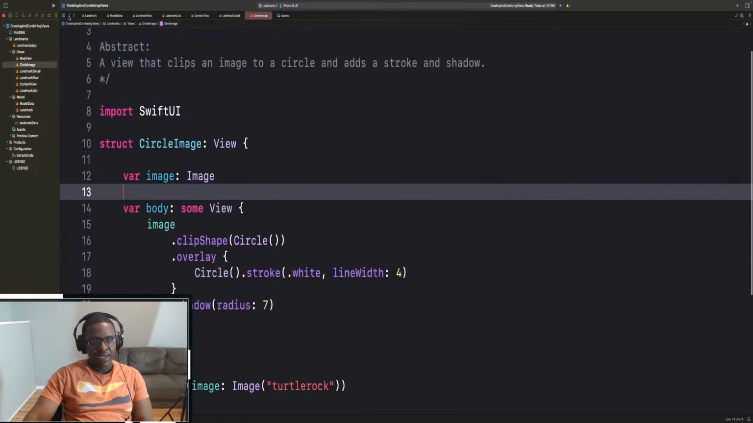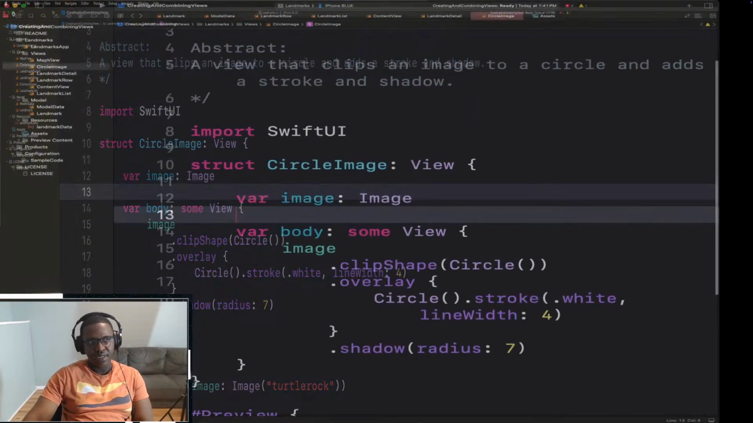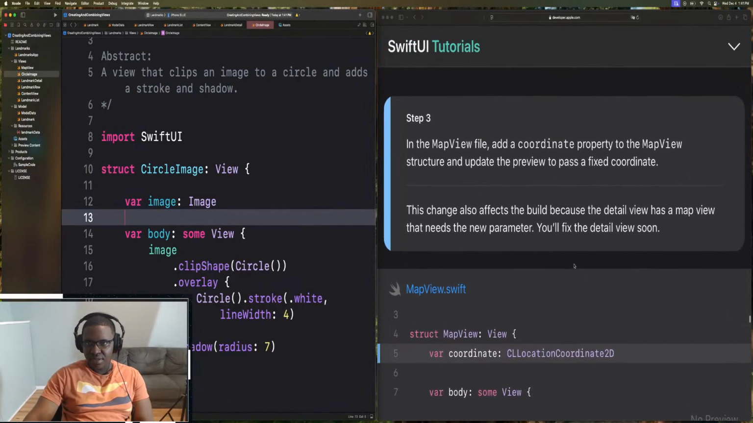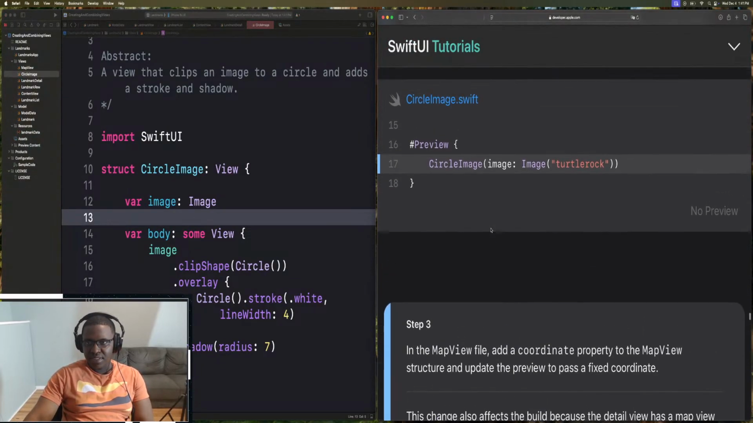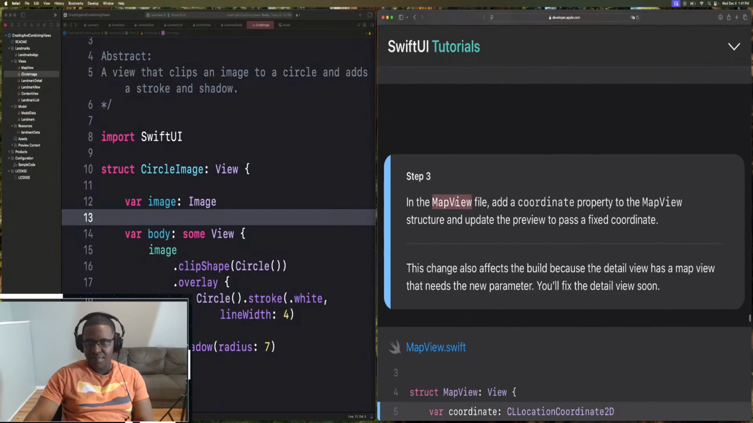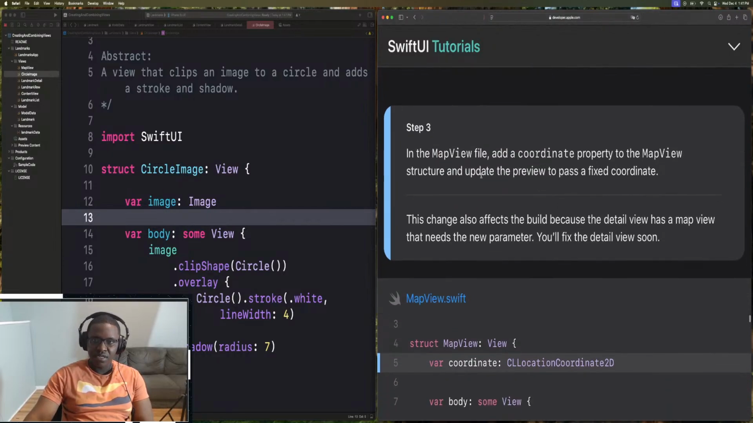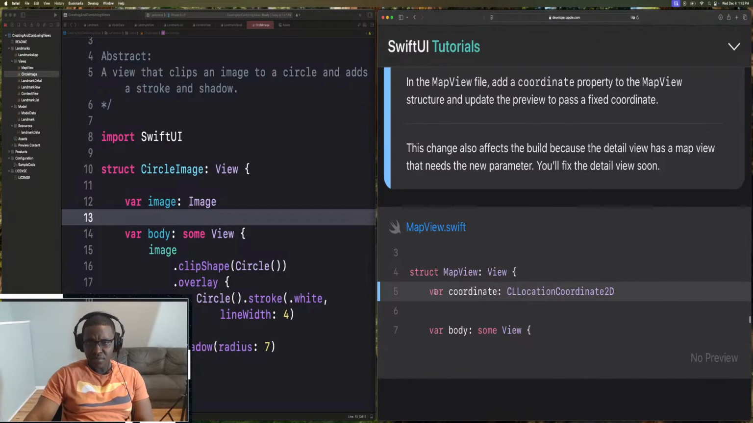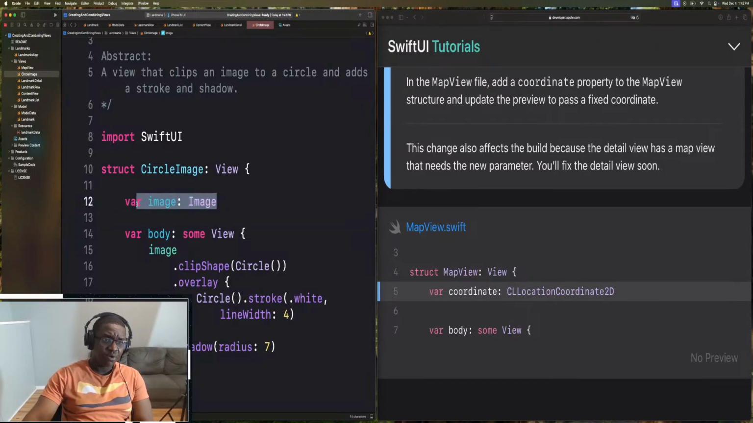So now if we go back and minimize this and scroll down, the next step is that we're going to modify the map view. It says in the map view file, add a coordinate property to the map view structure and update the preview to pass a fixed coordinate. Just like how we added a new property for circle image, by adding that it requires a var image and it has to be of type Image,